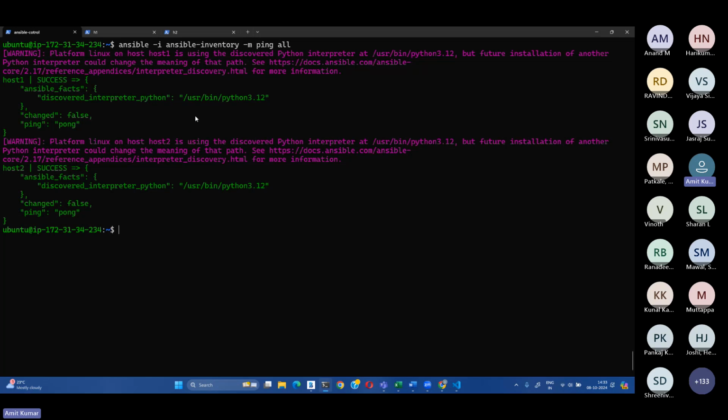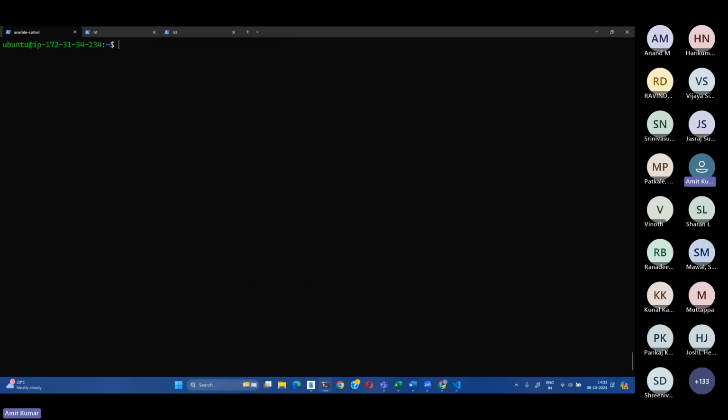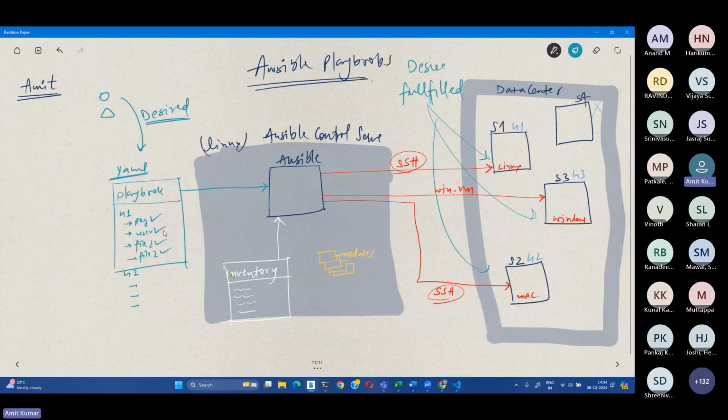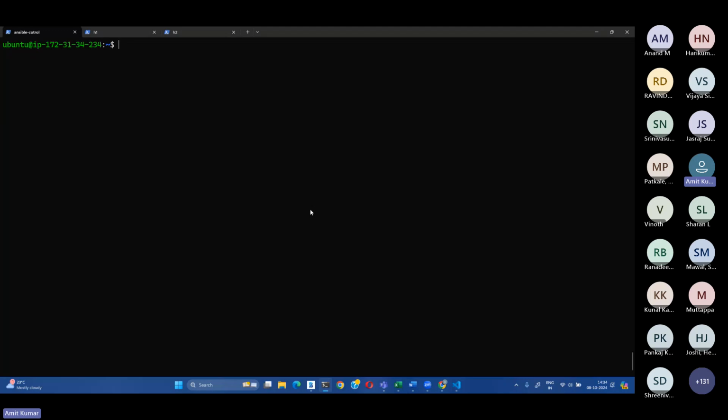So here the output is success. That's fine. Now, again, understanding of Ansible, the architecture that we just explained: SSH, hosts, inventory, modules. This was supposed to be a prerequisite for this class, but we have spent 30 minutes on that. Now let's come to the main part of the class, which is how do we write a playbook so that Ansible can read the configurations in the playbook and apply them on the servers? So I'm going to write a playbook called, let's say, playbook